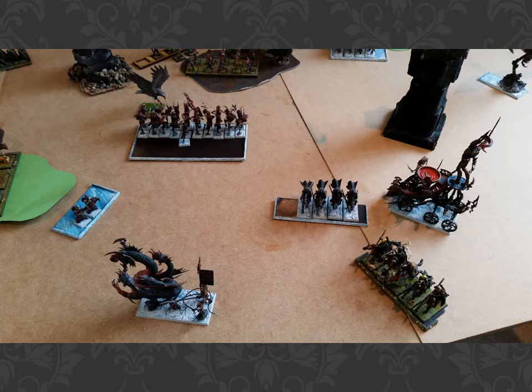I move those Dark Riders. The Dark Shades rally, so they're going to just try and shoot these Fast Cav. My Fast Cav come over to shoot them as well, because I'm just hoping to reduce them down to 2. The Kraken charges into the Kestrel Knights, because if I get that, I think it was